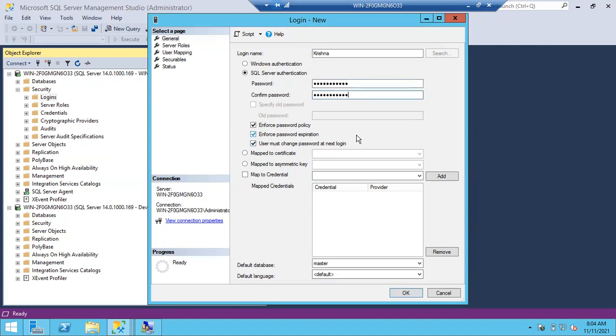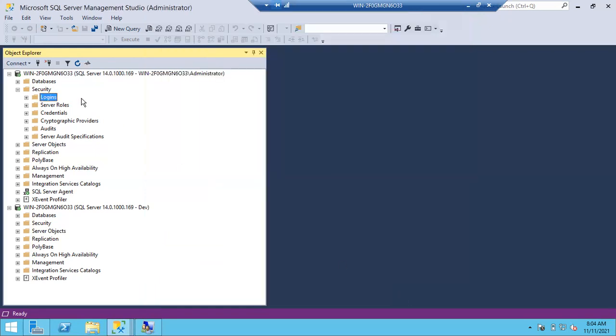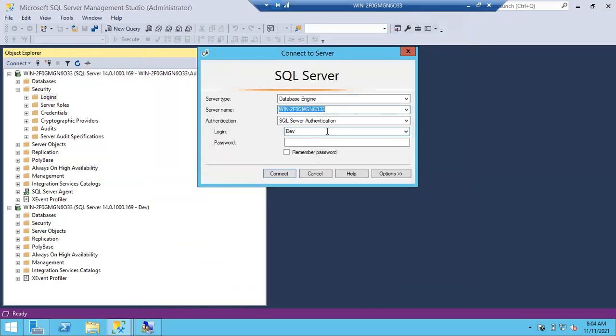I'm a DBA. I created an account for Krishna. Now I will give the password. Hey Krishna, your account is created. This is your password. Okay, Thursday at 11 is your password. Today is 11, right? Thursday at 11 is your password. You can try logging in. Once Krishna tries with the default password, immediately Krishna will get one window, guys.